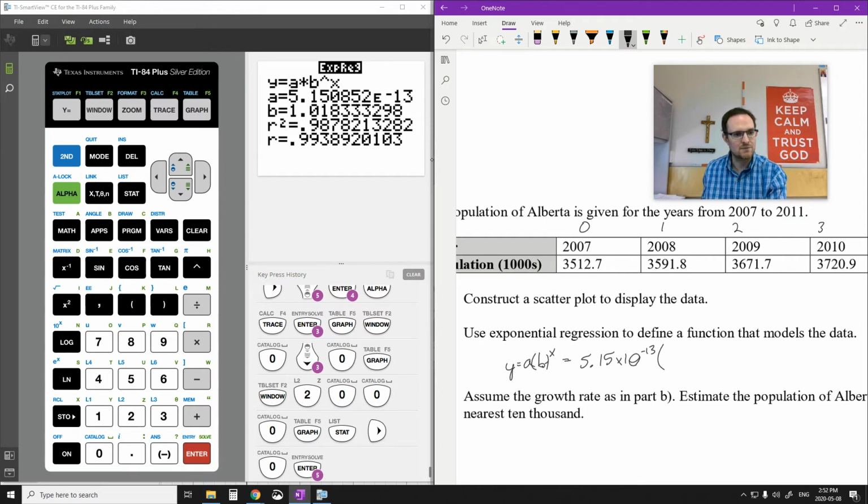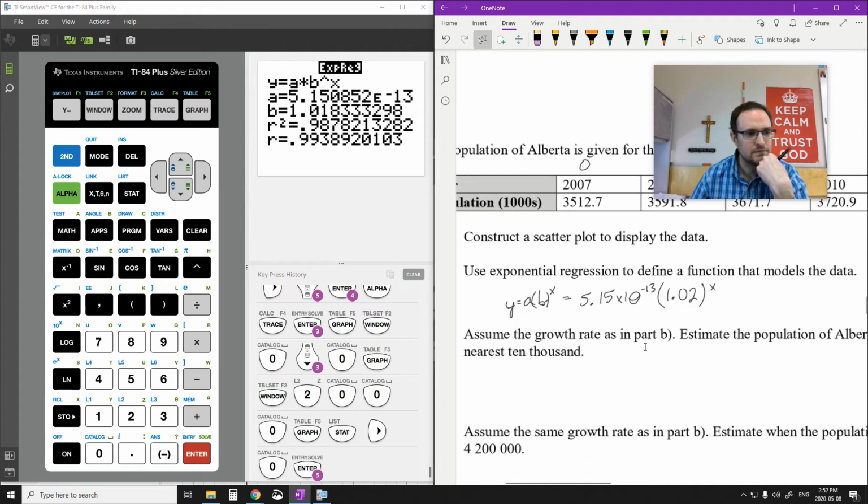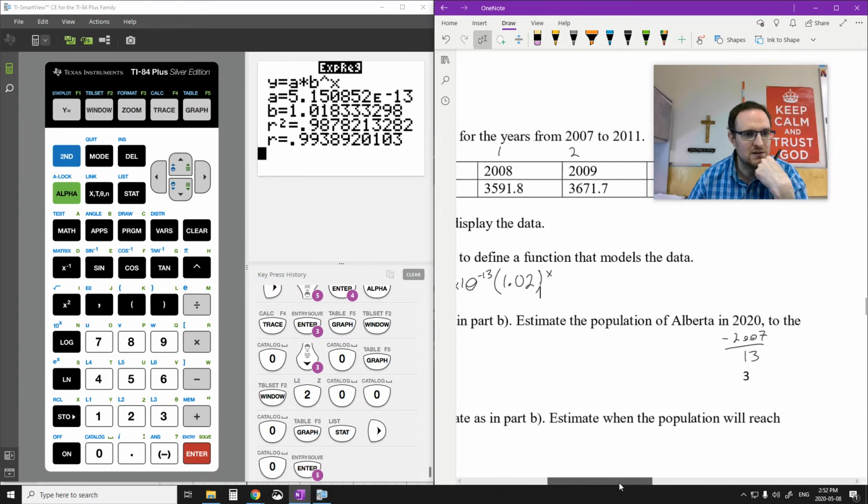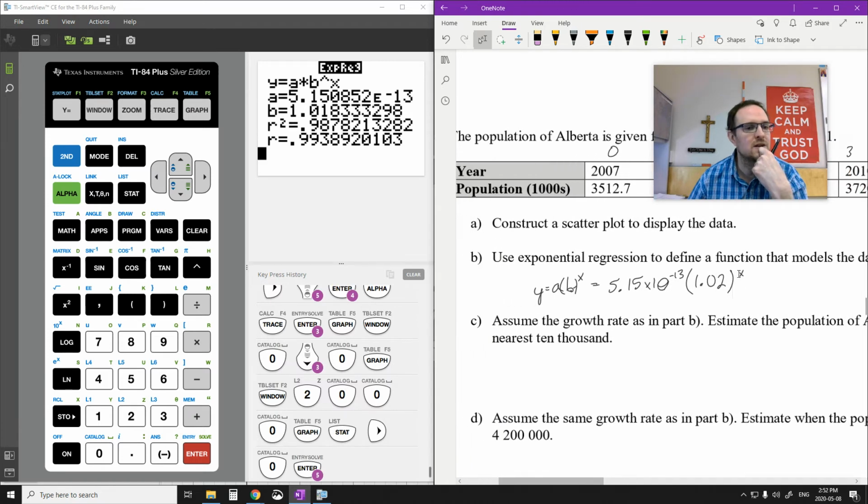The b value is the most important part. 1.02. Let's go 2 sig, so 2 decimal places there. And then to the power of x. The regression is not too bad. 0.987. Yeah, not too bad at all. Okay, that's my regression. So I could put in this equation, I could put 2020 into the equation as is,